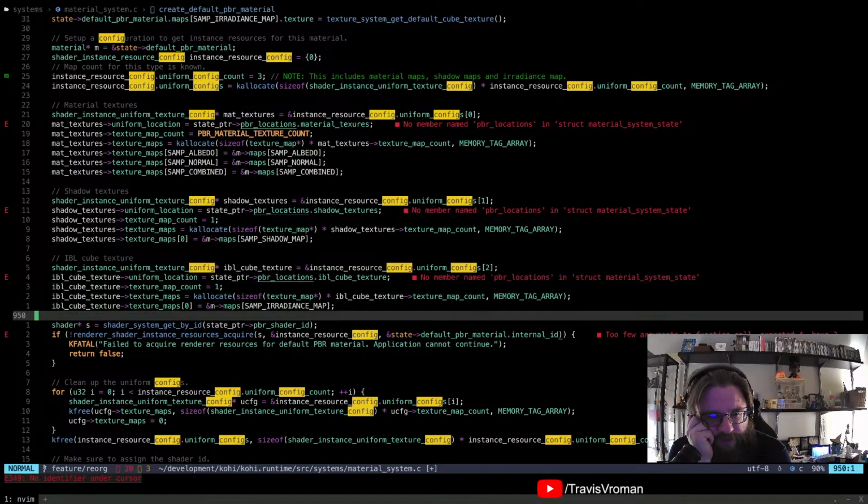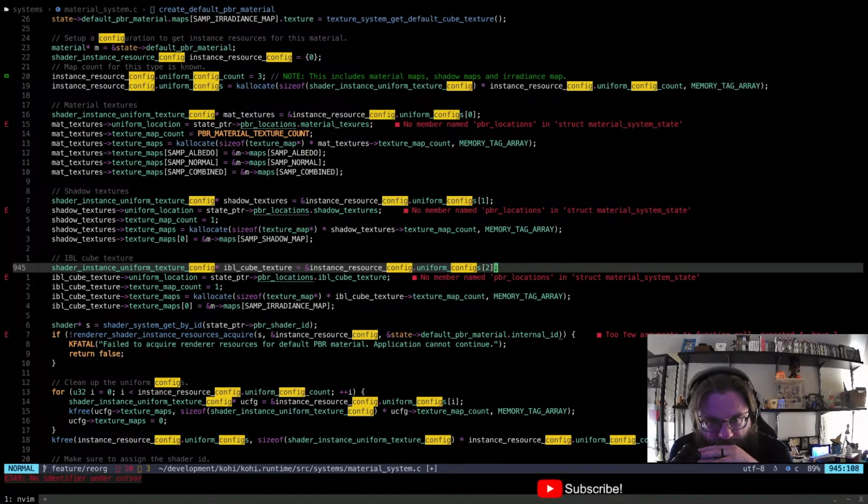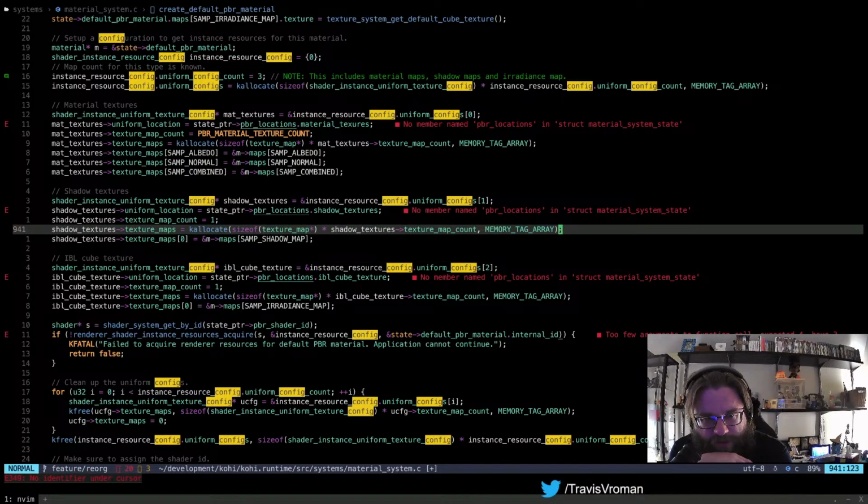So I don't know if this belongs here or not. But if I were to move it, I don't know where I'd move it to. The only thing we're really missing is the locations.